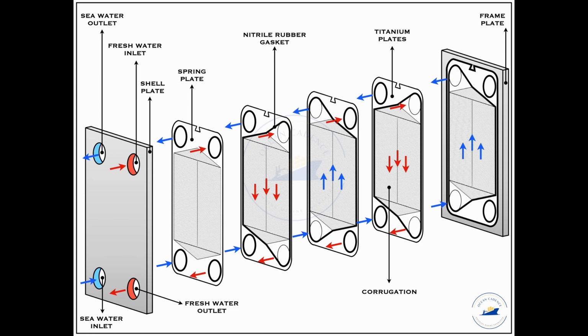Then we tighten the nuts, and by torque tightening we keep on compressing these plates and tighten the complete heat exchanger. While the term compression of the plates is generally used when tightening the plate type heat exchanger, what actually happens is that instead of the plate getting compressed, it is the gasket that gets compressed initially. Because if the plate is allowed to compress, then the size of the plate laterally will change, which will mean